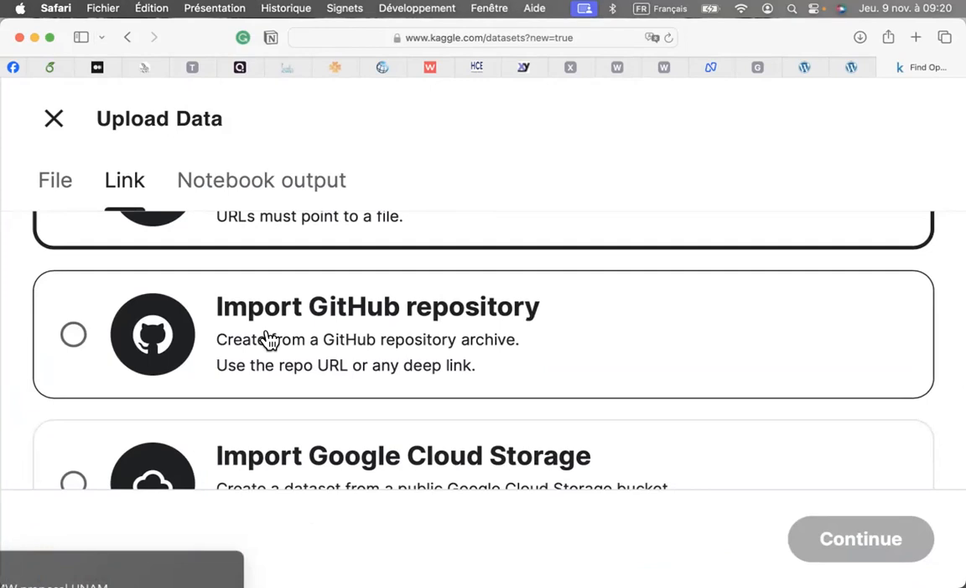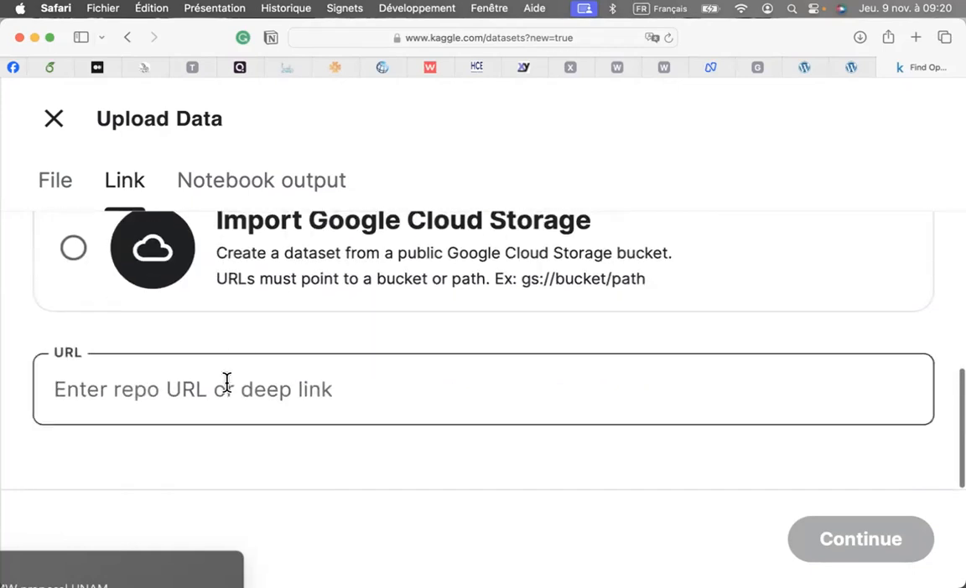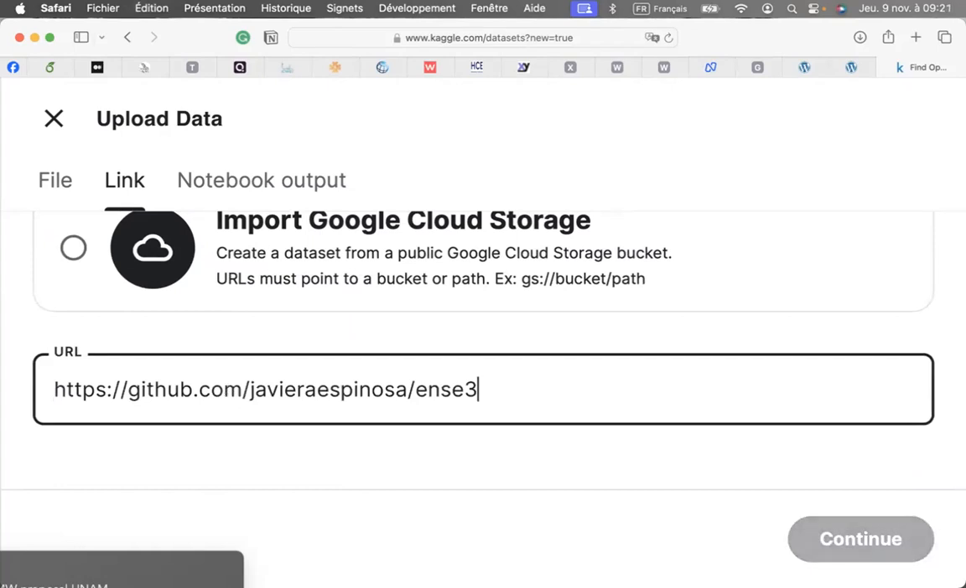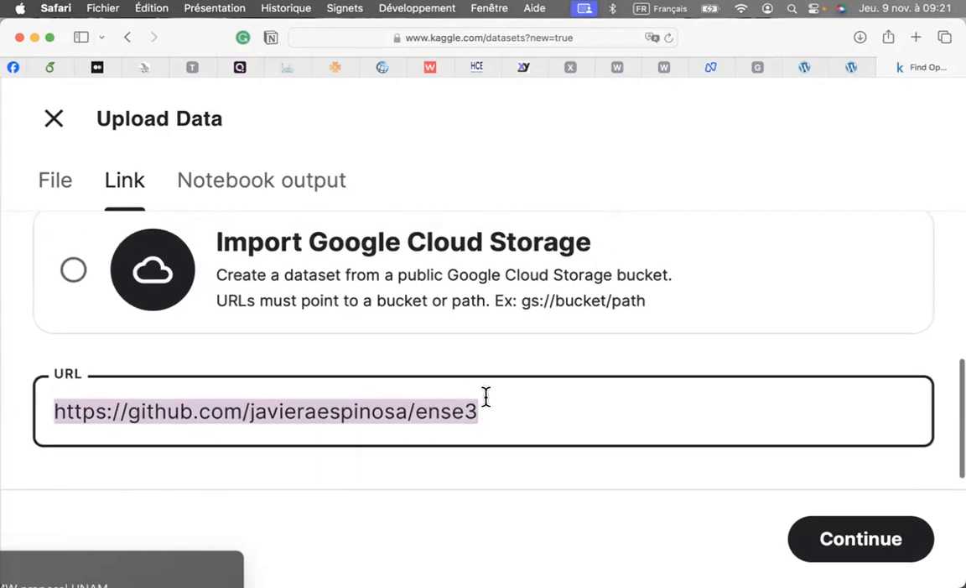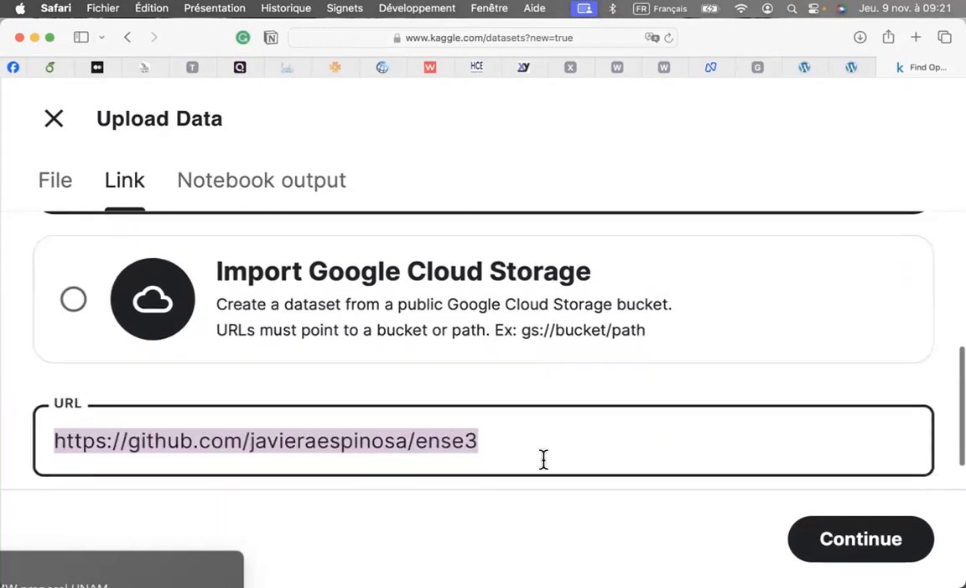Remember my behind the scenes, we have the data on GitHub, so we say that we are choosing GitHub, and the last link that I put on the chat, you have it here. So here is the address. Here's the name of my colleague who prepared the data. So here is the address on GitHub that contains the data that we need. Okay, this address is on the chat. And then if you click on continue,